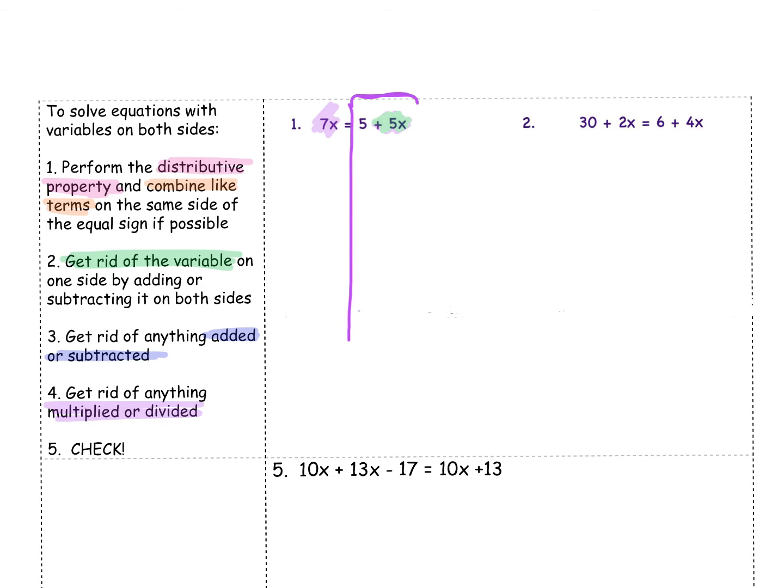By moving the smaller one, it keeps our variable positive, which helps. So I'm going to, instead of plus 5x, I move it by subtracting. We move it by adding or subtracting it to both sides. We're just moving it to the other side. So then I have 7x minus 5x, which is 2x, equals 5. Well, I just made a really easy problem. I know to undo that 2 times x, I'm going to divide by 2,